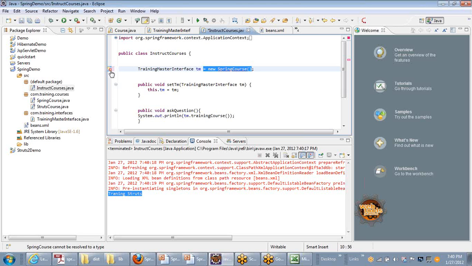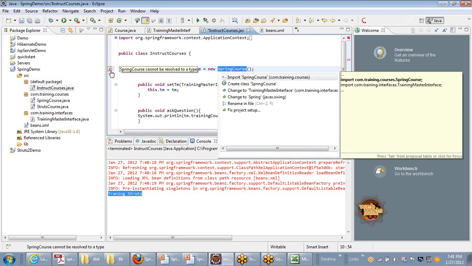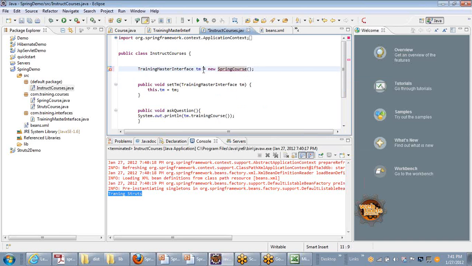If you explicitly do that, you need to import the Spring course class. And if you do a new struts course, now you need to import that struts course class. So by not doing this and following the Spring pattern of providing the references, the classes are clean and there is no tight coupling between the classes, and even between the modules. That's the advantage you are getting.